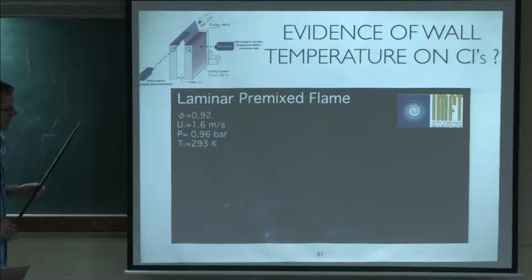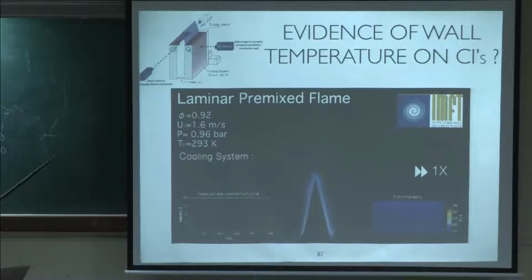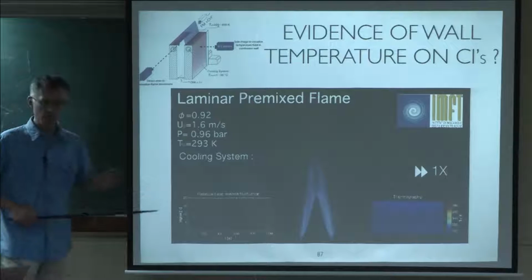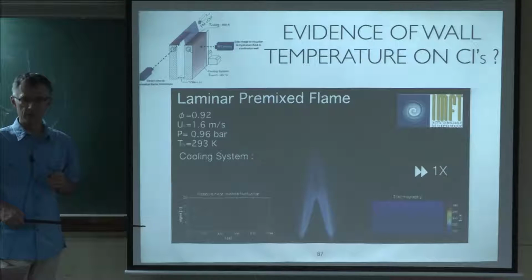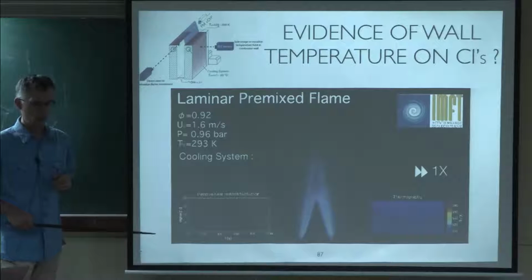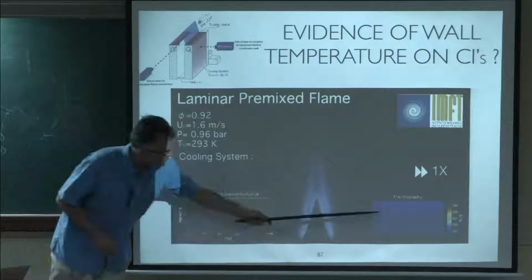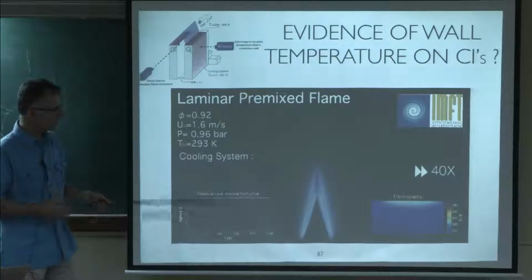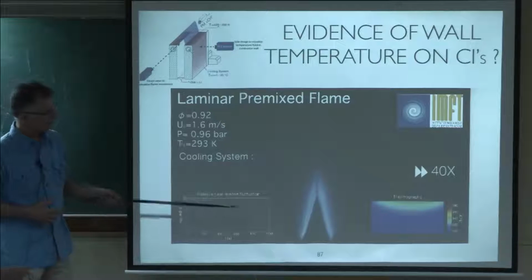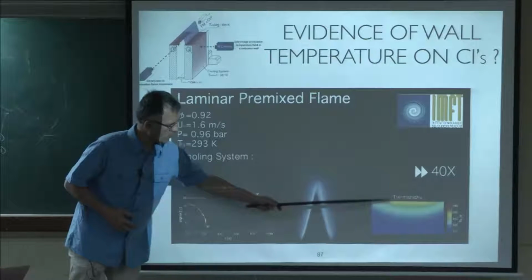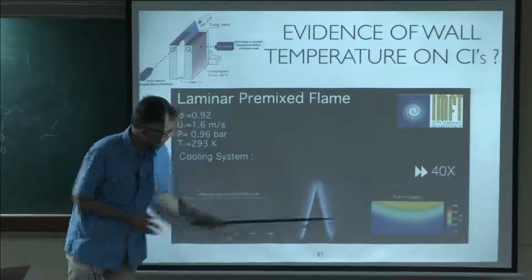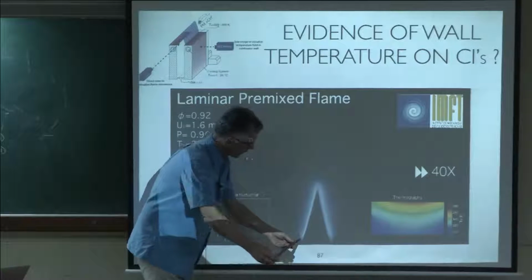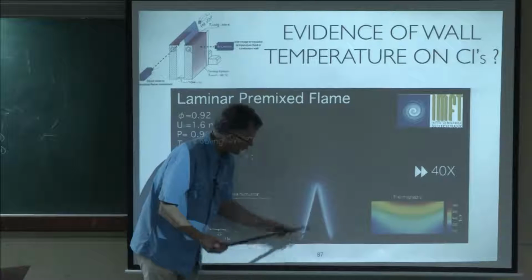So this is an illustration of what's going on. So we start the flame now. And as soon as we start it, you can hear the noise. The walls are cold for the moment. You can see the wall temperature. And then if we wait now, we increase the speed now. And you see the walls are getting warmer and warmer. The flame is stabilized just on this wall here. This is the side wall of this flame. If you turn this image, put it here, you will have the temperature of the walls.